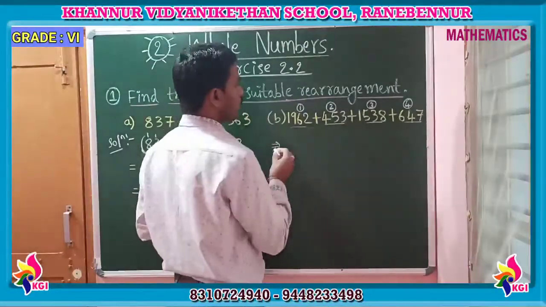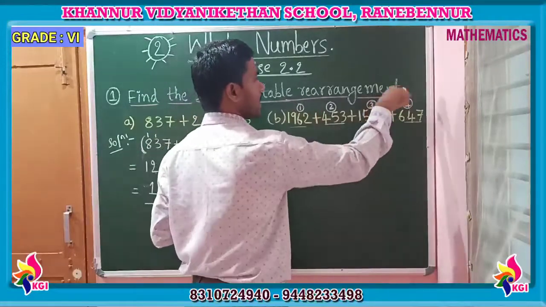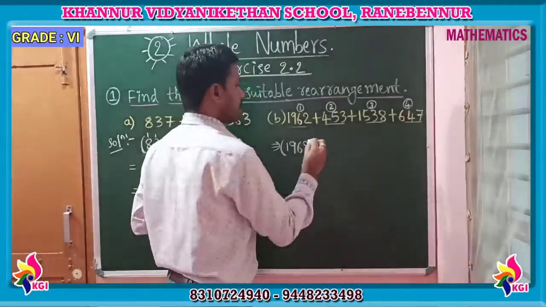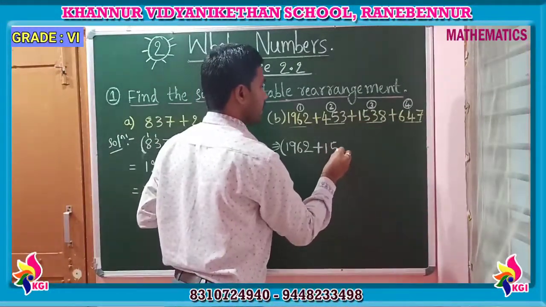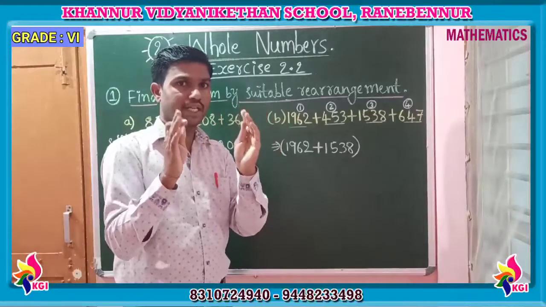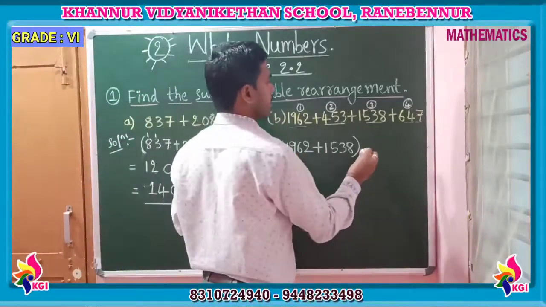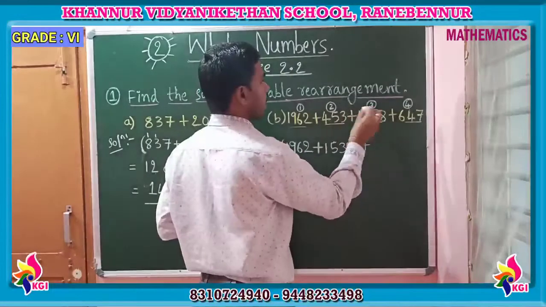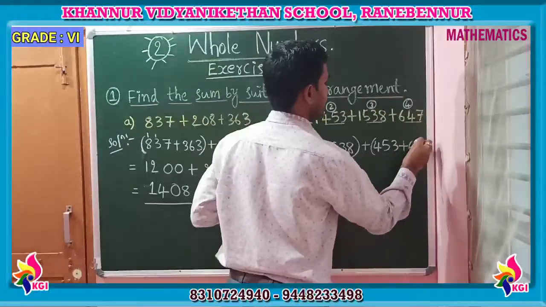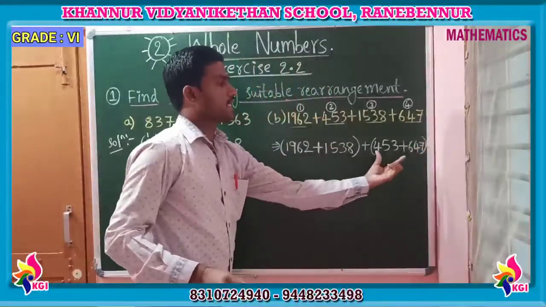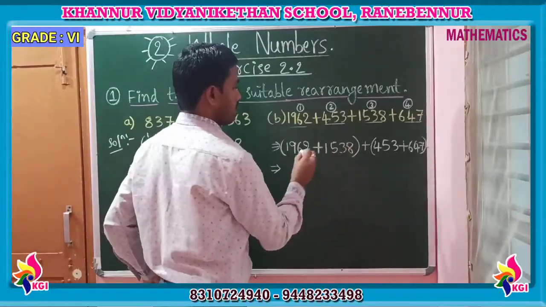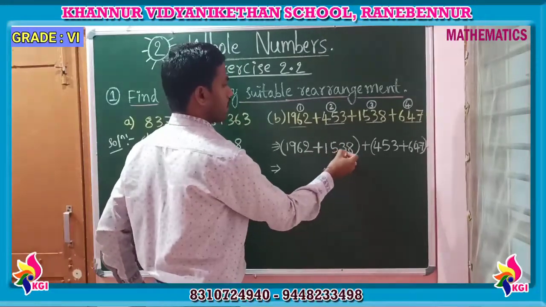In the first step, take the first number and the third number in a group, in the bracket: 1962 and 1538. You take it in one group, the first group. Then we take the second number and the fourth number, 453 plus 647. You take it in the second group. Now in the second step, these two numbers 1962 and 1538, you can add